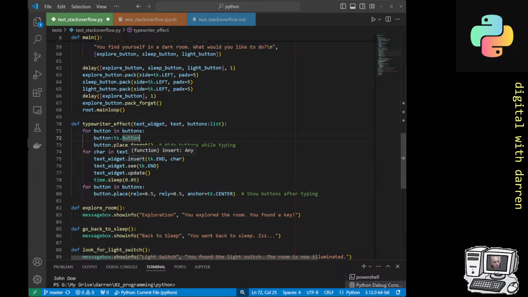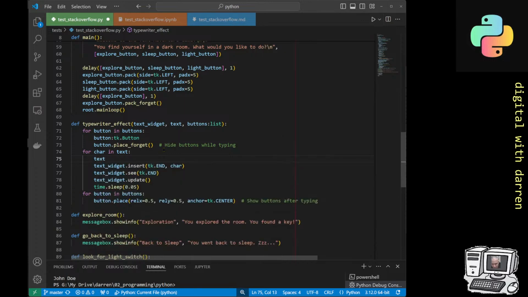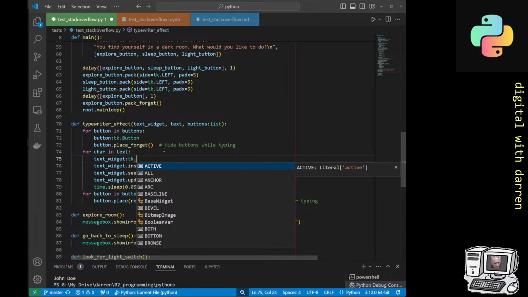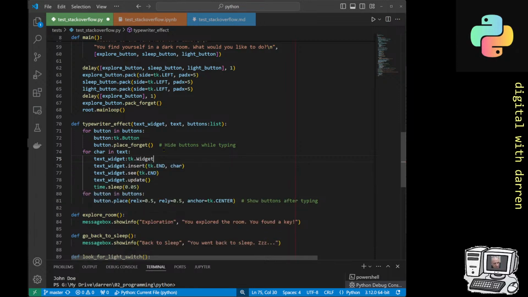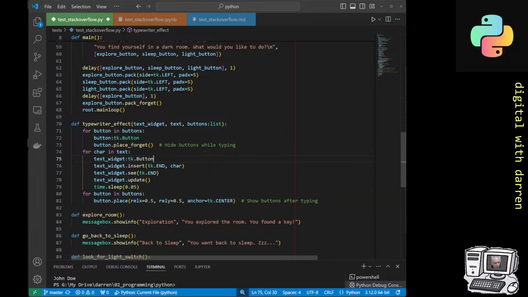I know it's got a method called insert, but I can't see where the insert is, and I can't go to its definition. But it should be text. I don't even know what this underscore widgets is, but again it's of type, and I'm presuming that it's some sort of TK dot. But I did try this before, like widgets, but it didn't work because these would have all turned yellow. So it's not a TK dot widget, so I don't know what it is. TK dot. Is it of type button as well? No. So maybe I could do a which